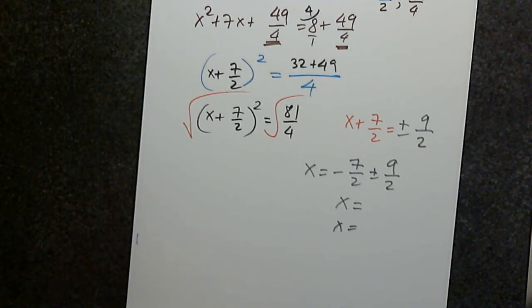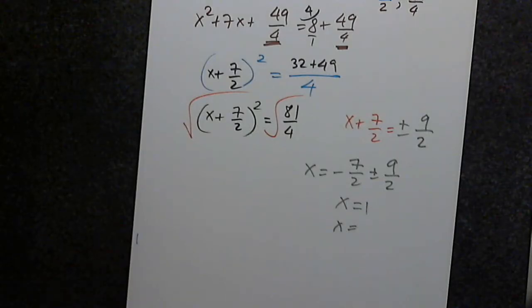Negative 7 over 2 plus 9 over 2. Negative 7 plus 9 is 2. 2 over 2 is 1. Negative 7 minus 9 is 16 divided by 2, which is,